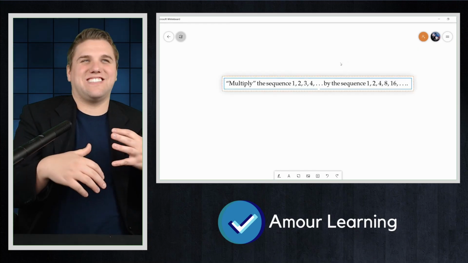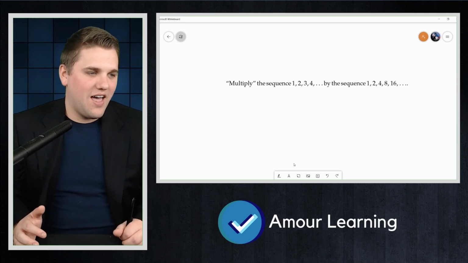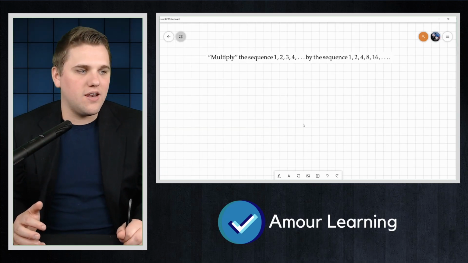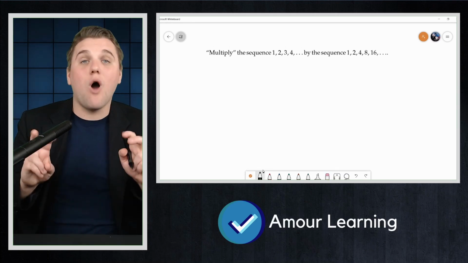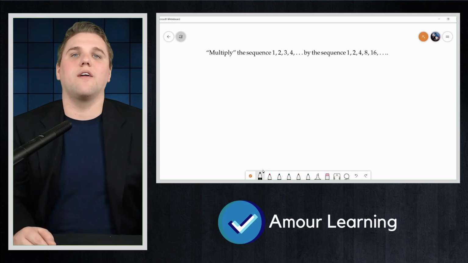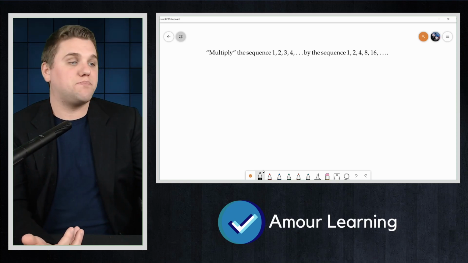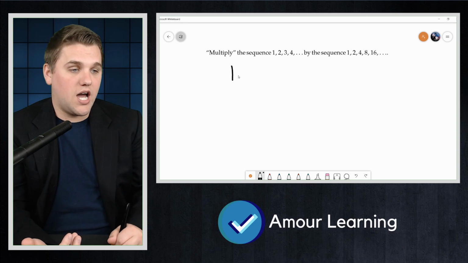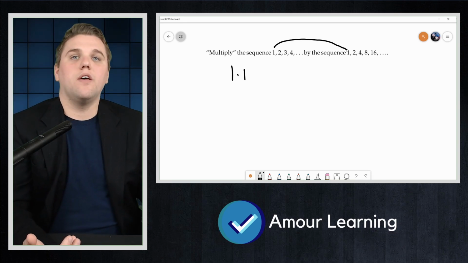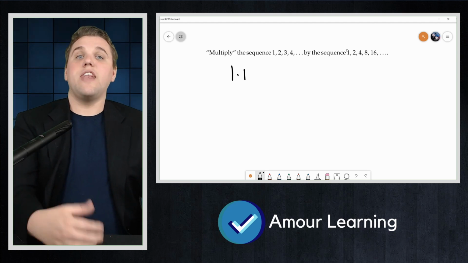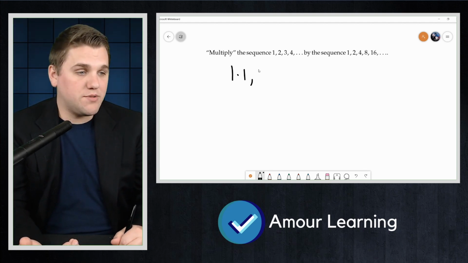Now, it's technically a little weird to be multiplying sequences. That's not quite well defined. But that's why we put quotes around the word multiply here. The constant term when we multiply these would just be 1 times 1. Okay, the next term would be 1 times 2